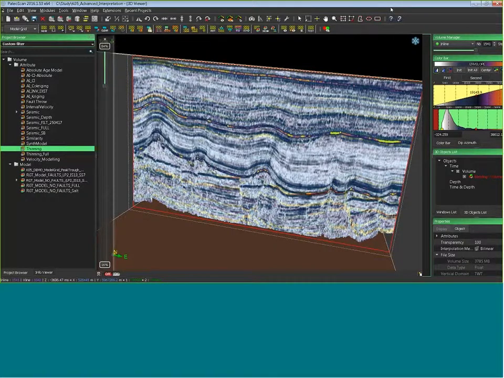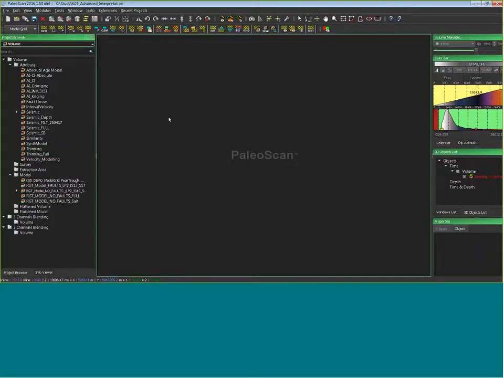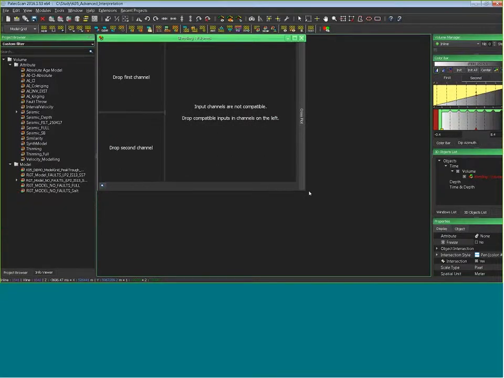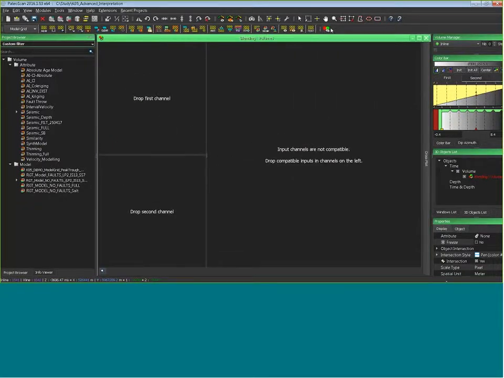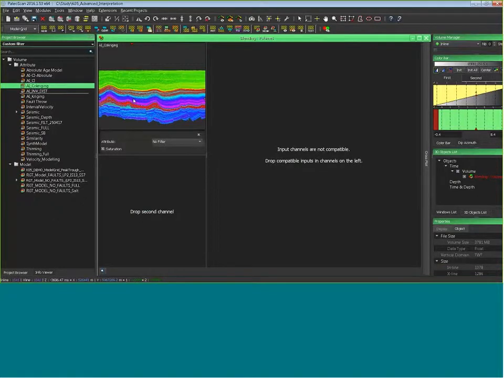In fact, we changed our blending viewer to implement crossplot for the new release. I will show you crossplot on volume, but it's available for all objects. I will drag and drop my acoustic impedance volume and my interval velocity volume.